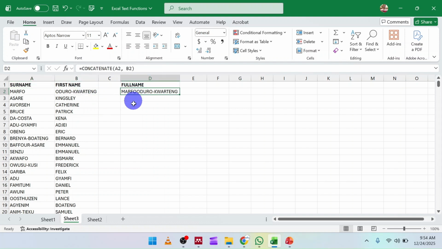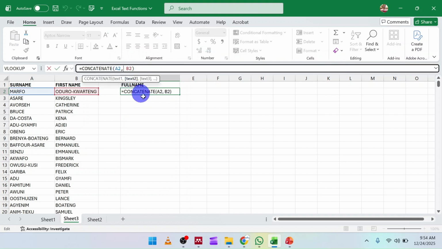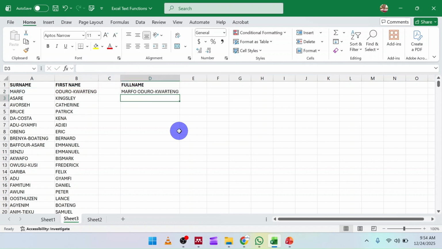All you have to do is come to the function that you have here, then you put a quotation mark here, then you bring another space, then you put another quotation mark, then you bring a comma like this, and you realize that it is separated but it is in one column. And this is how we merge text in Microsoft Excel,